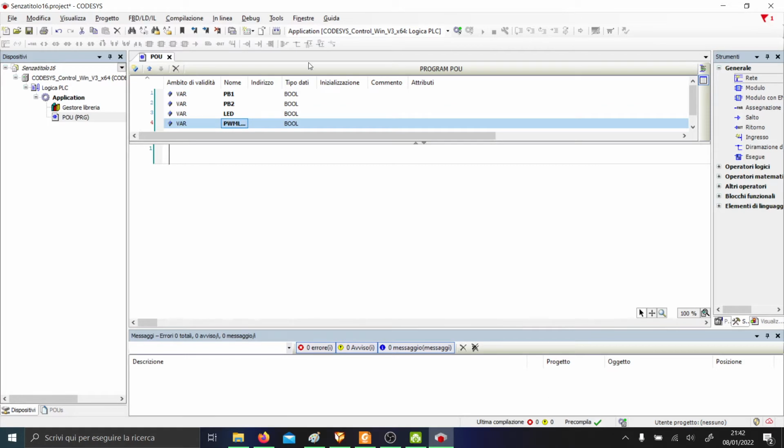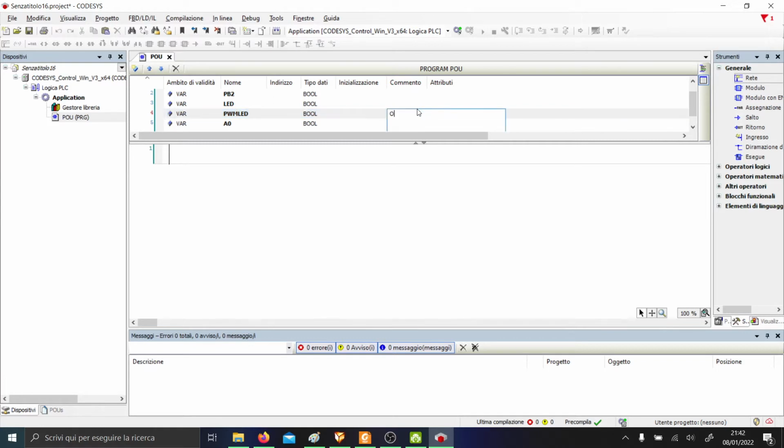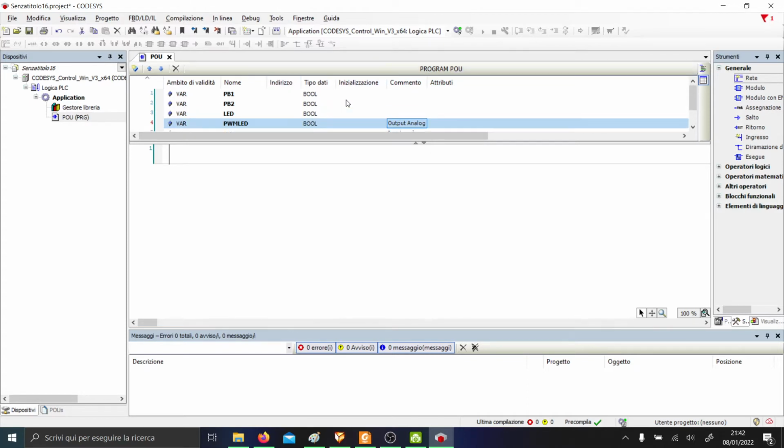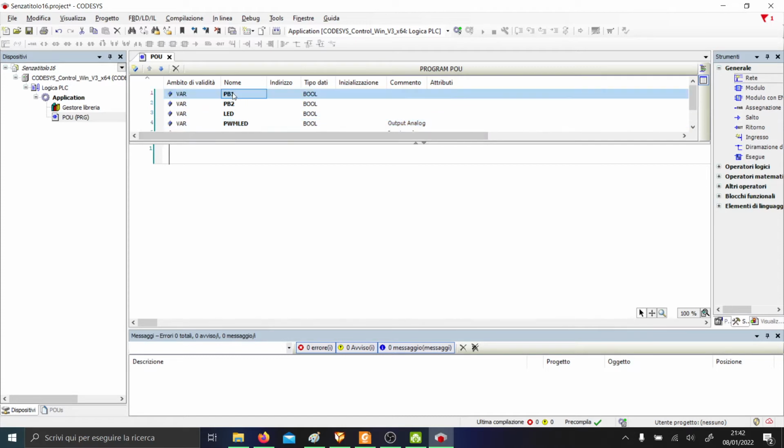Okay, and also A0 input analog. Okay, and that output analog. This is just a comment, and here we go. So let's do a set reset for PB with PB1 and PB2 with LED, and that's a common structure in LED